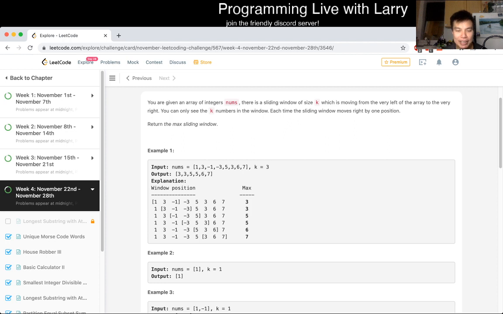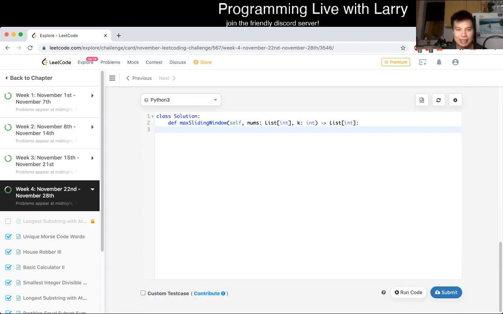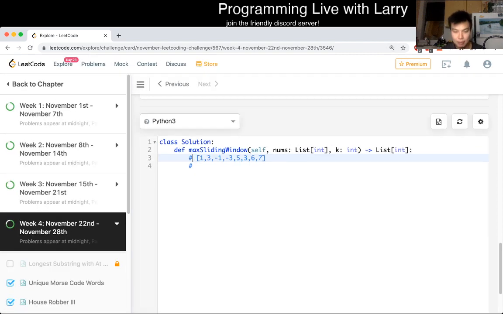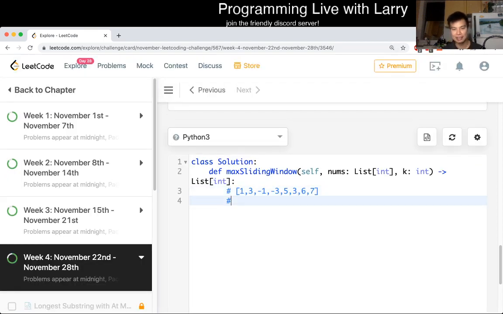So the mono Q is basically trying to find an invariant that happens as you slide the window from left to right. So let's say you have this example. Let me make it bigger just for a little second. So let's say you have this thing, and now you have this sliding window. Let's say you have something like this, and then you just ask yourself, for each number,